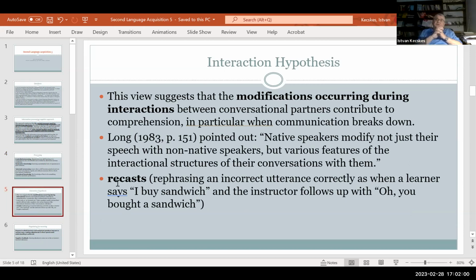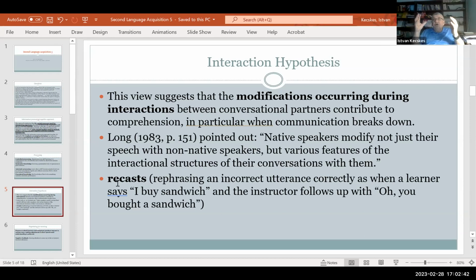The next theory is the so-called interaction hypothesis, which basically suggests that learning happens through interaction. Well, this is a truism for me as well, because we know very well that without interaction, language learning may not necessarily happen the way we want it to happen. And the important thing here, and what Michael Long, who developed this idea, emphasizes most of the time, is that